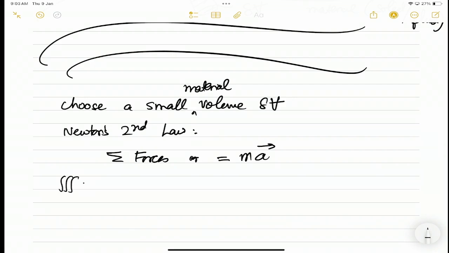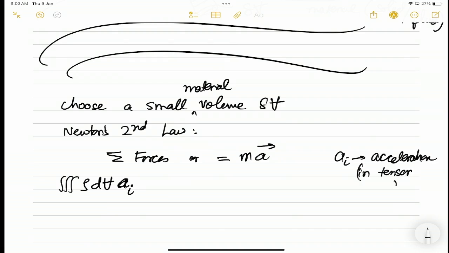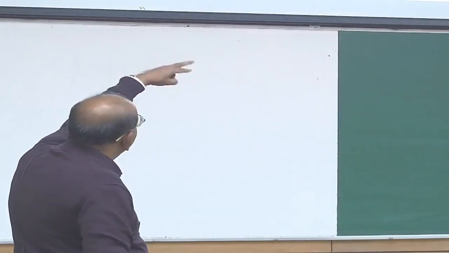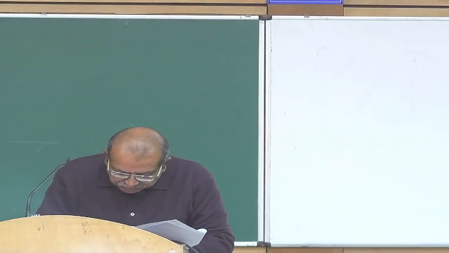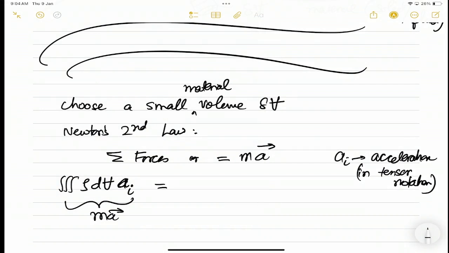So this I can write, just let me write this. The left hand side is rho dV times a sub i. a sub i is the acceleration multiplied by mass rho dV, and if I integrate it over the volume, it will give me the total mass times acceleration on this volume dV. So I integrate over this, this is ma. So this is basically the ma term, and this must be equal to